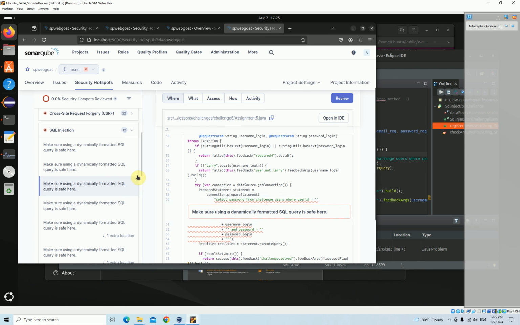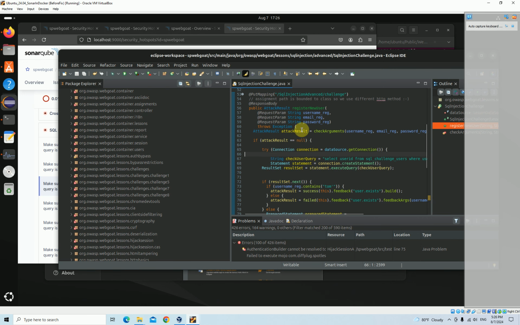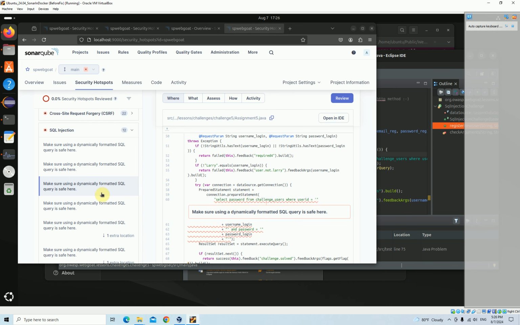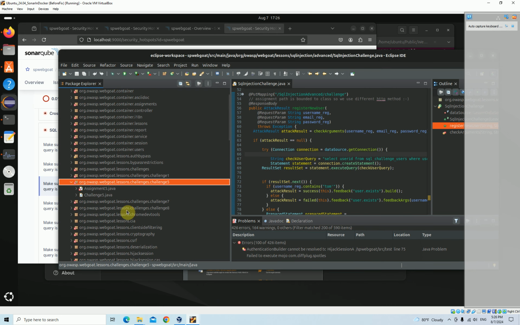This is in assignment 5, and this is login and password passed in prepared statement via string concatenation. So the way how you really are supposed to do it, challenge 5, assignment 5. So